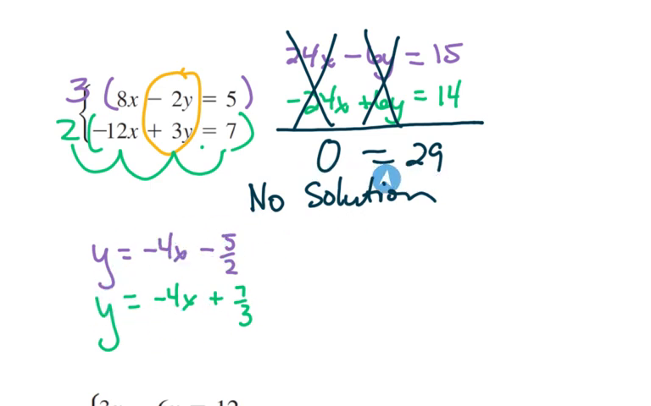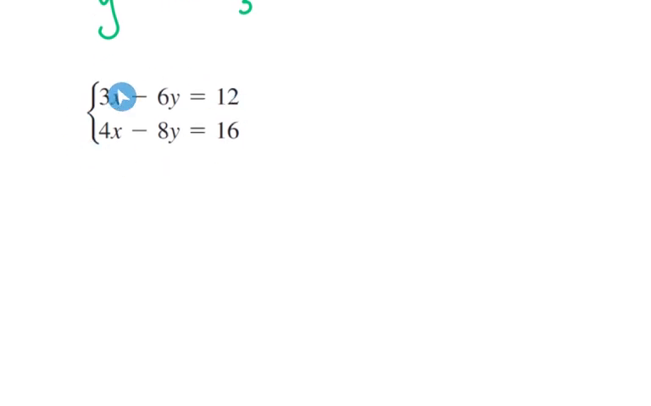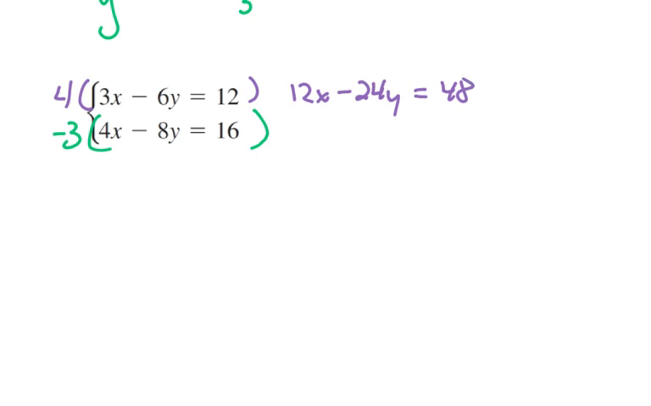Once you get to where you have something that doesn't make sense, 0 equals 29, that's going to mean there's no solution. Let's look at another example. So in this example, we have 3x minus 6y equals 12 and 4x minus 8y equals 16. I could try elimination again. I'm going to multiply the top by a 4, and I'm going to multiply the bottom by, I want that to be an opposite of 12, so by a -3. This will give me the top, 12x minus 24y equals 48,